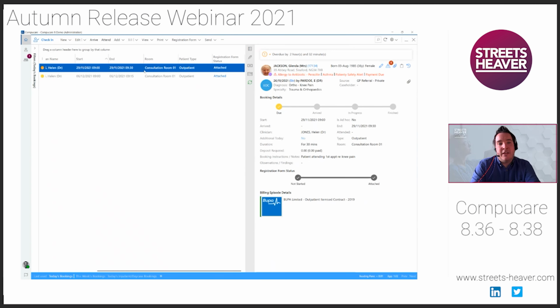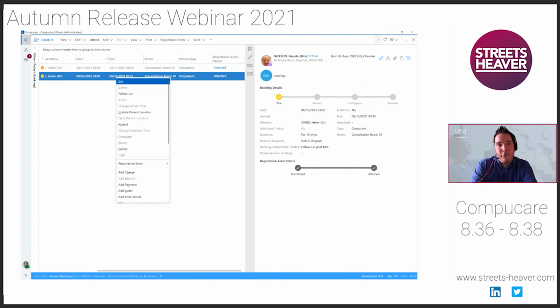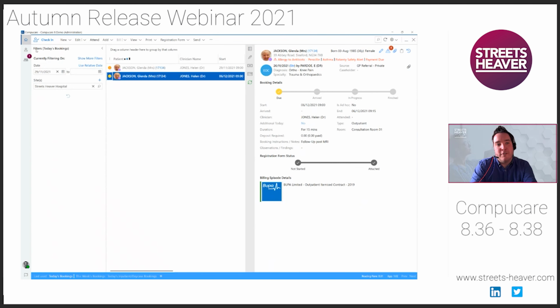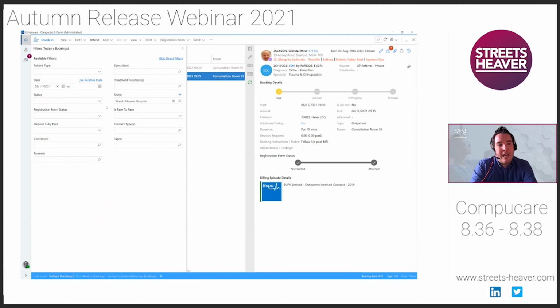So because these appointments are both on the same episode of care, and because they're both within 30 days of each other, which is my setting, we're now not going to be sending this patient or giving this patient a registration form. So as well as that column, which you can turn on from the column chooser, there's also a new filter within here to allow this process to work. So we have a new status option within here, which is, just having a look for it here,